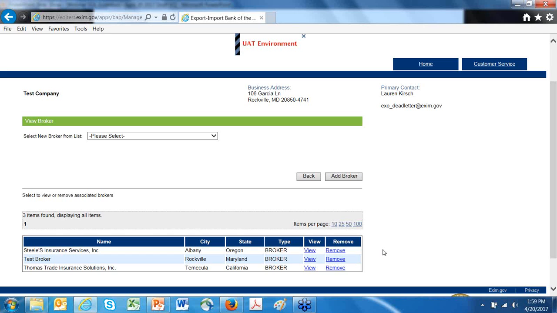So that is how you associate the broker with the account. How you associate a broker with a particular application for a policy is done in the actual application process, and we'll touch on that a little bit later.